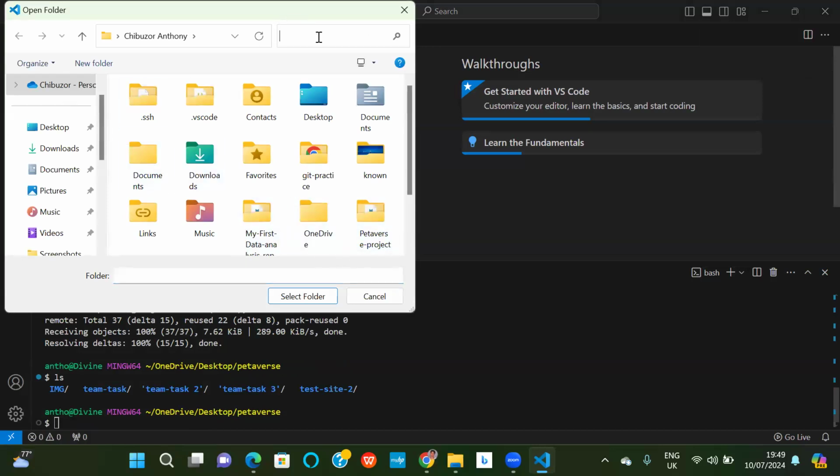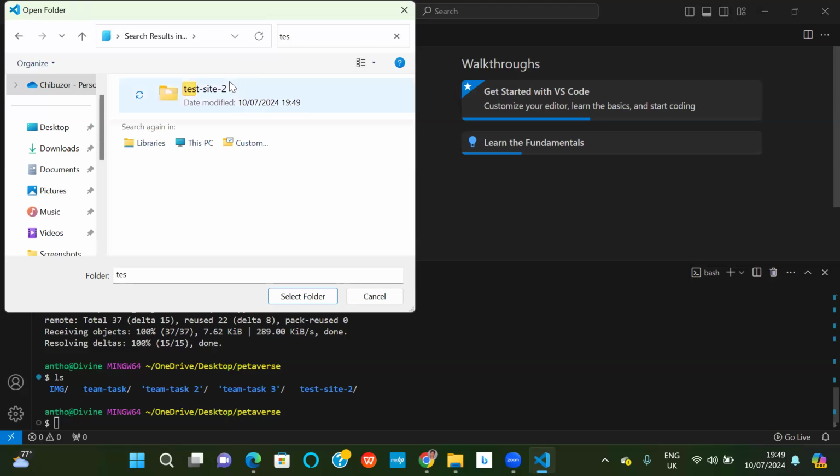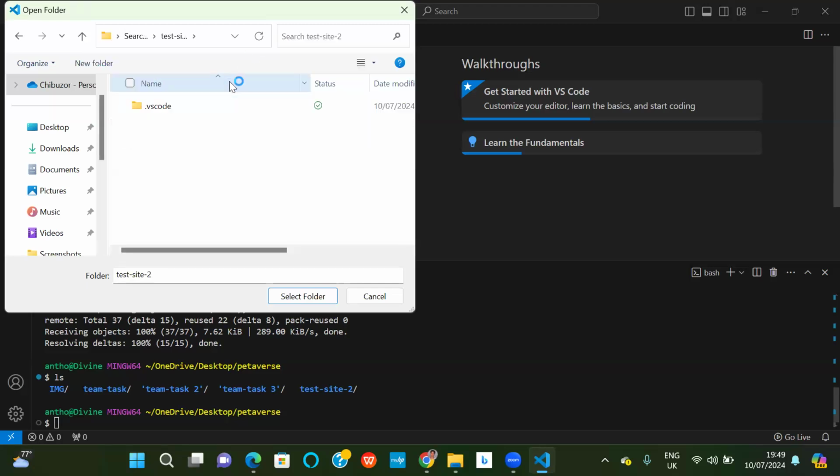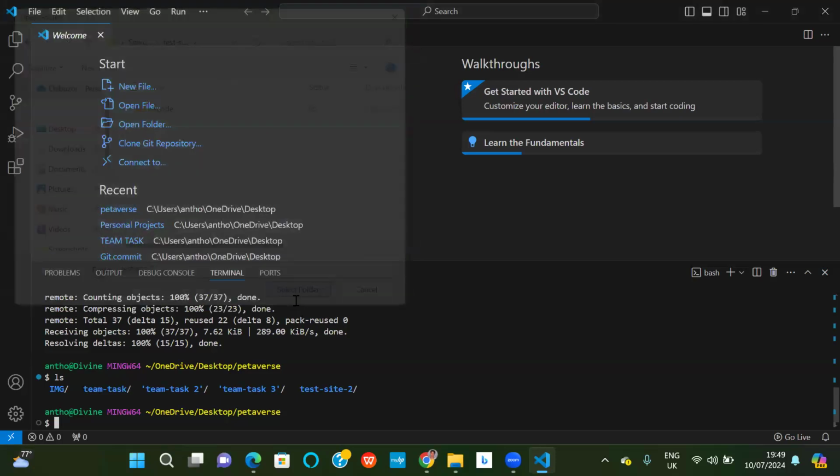That was how we went there the other time. Okay, yeah, that's it. Just open. Select folder. There you go. Once you select it successfully, the terminal also should change to that directory.